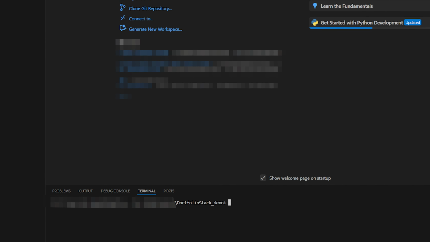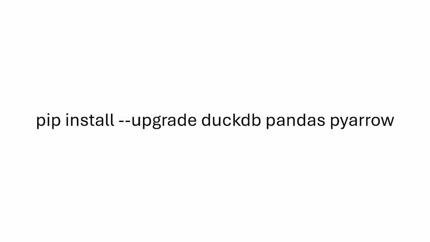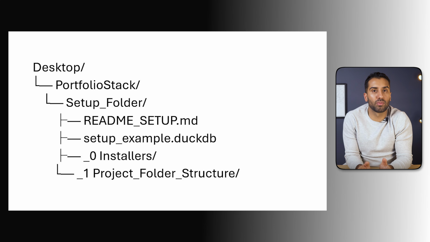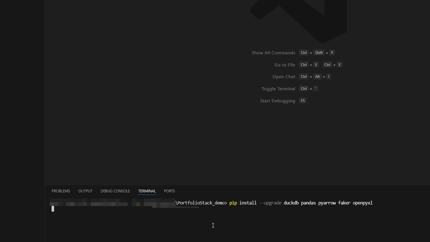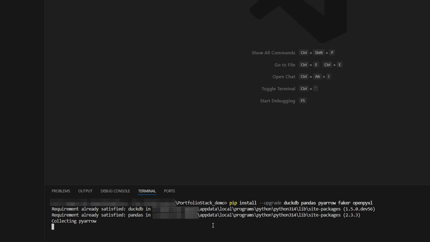Then you go and open the terminal and you type the following command that you can see on the screen right now. You can also copy this command directly from the readme_setup.md file if that makes it easier for you. Press enter and then wait for the installation to finish. This installs the key libraries that we are going to use to query data, build tables, and manage local datasets. When the installation has been completed successfully, then move on to the next lesson to test that everything is working